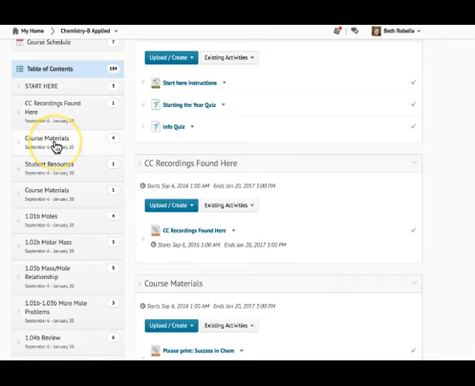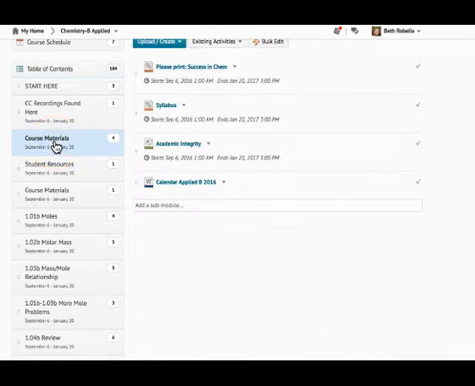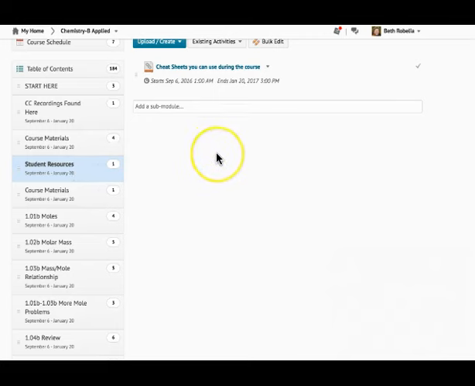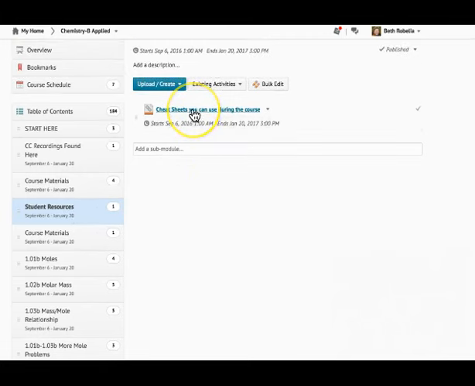The course materials are here. Success in Chemistry, the syllabus, which you'll need to read for the Starting the Year quiz. Here's a statement on academic integrity. And if you want to download a calendar that you can print out and put on your desk, there's one right here as a Word document. Here are some important student resources. If we click on this,